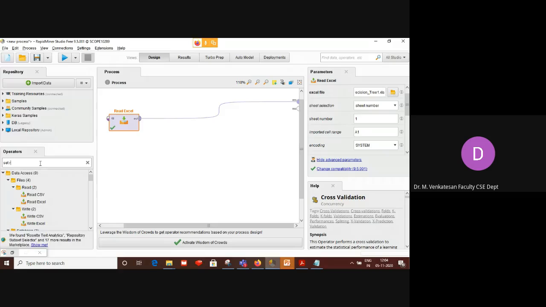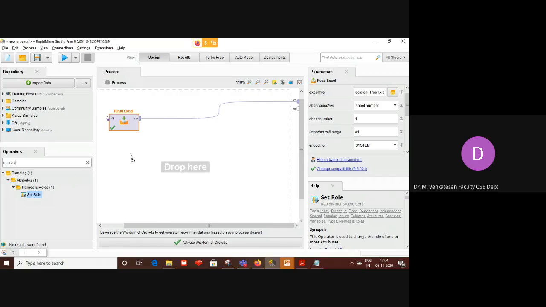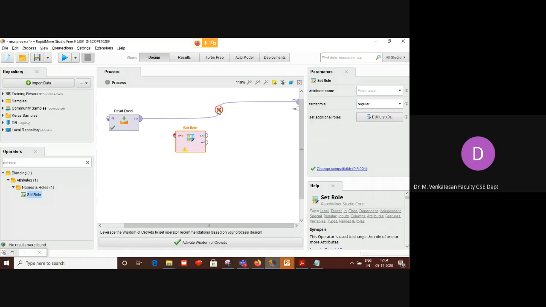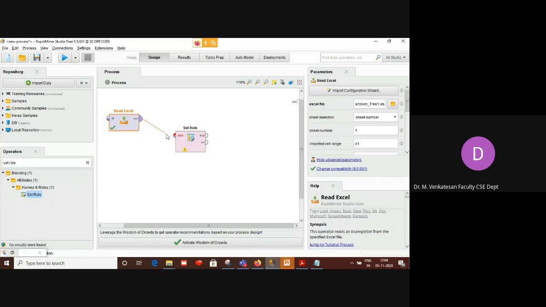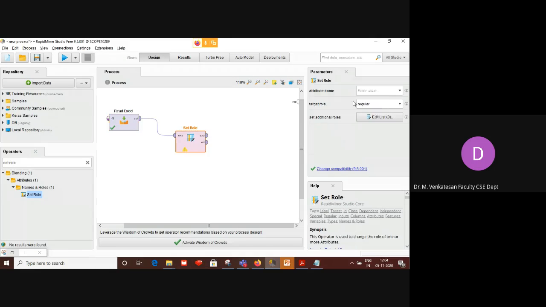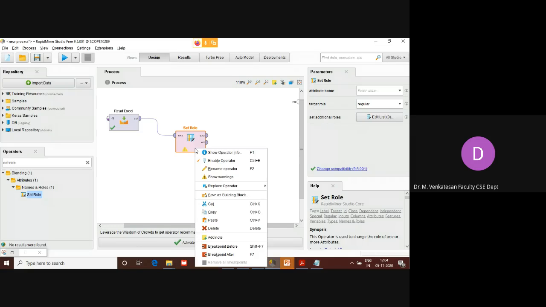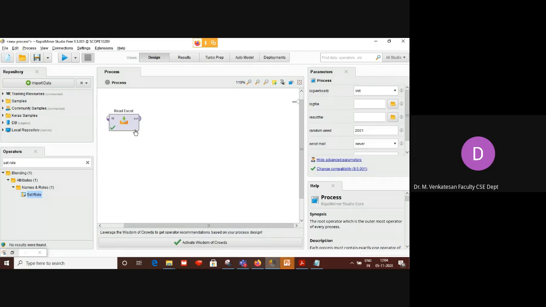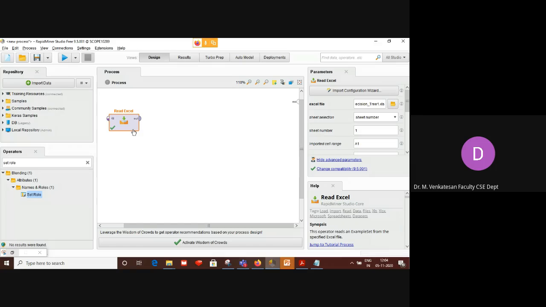There is an operator called set role. You just pick this. Otherwise, instead of using this, I will tell you one shortcut method. Read Excel.